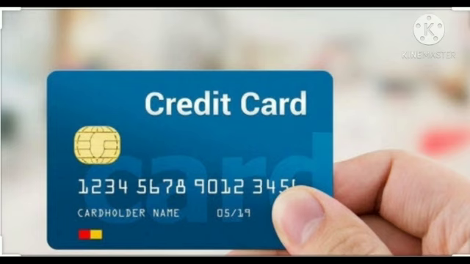Clear? You can use your debit card for withdrawing cash from an ATM. You can use your debit card for paying bills. Understood? So whatever purpose you use your debit card for, the money will be directly deducted from your account. And you can use only the money that is present in your account with the help of your debit card, and no interest is charged for using your debit card. Clear?